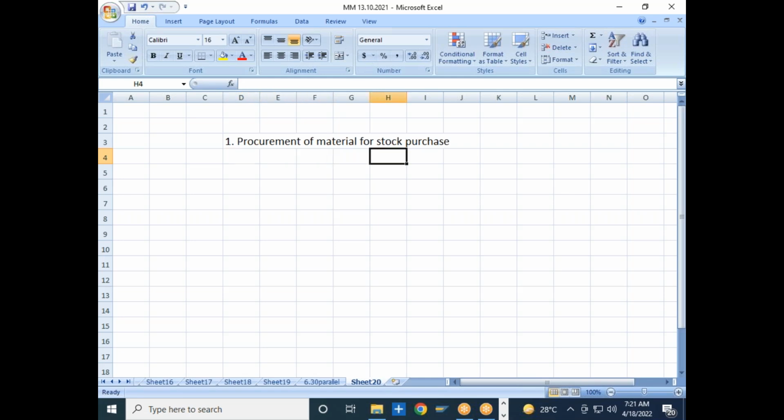So what are the various types of procurement of the materials for the stock purpose? Again, we have two. One is the domestic procurement process, and the second one is the import procurement process. So what is the domestic procurement process? The domestic procurement process is nothing but